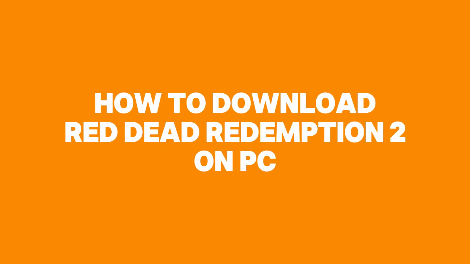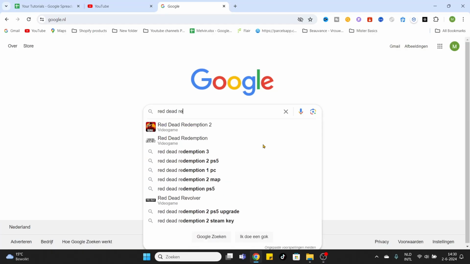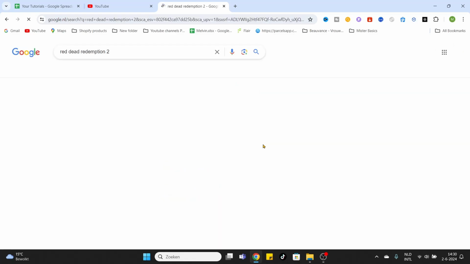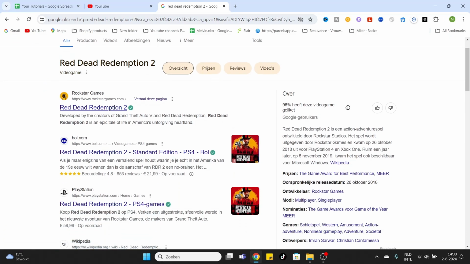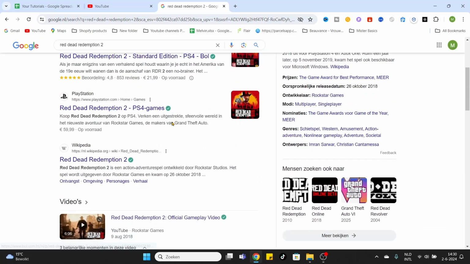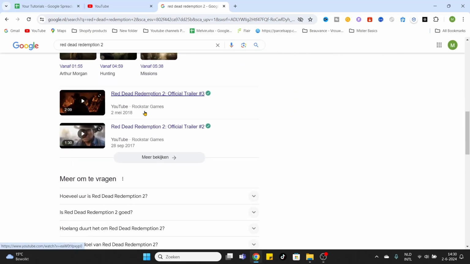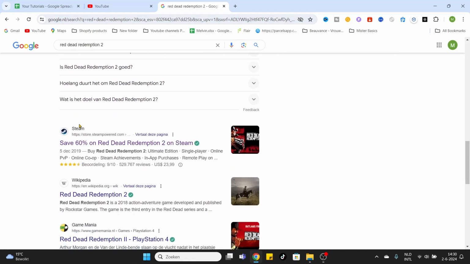So, what we want to do is type Red Dead Redemption 2 into Google. Simply click enter, after that you will get a lot of search results. The first result is Rockstar Games, the official game maker's website, you can go there. But what you can also do is scroll a little bit more down and after that you will find the